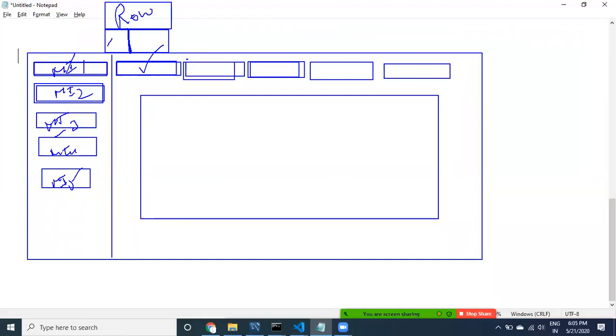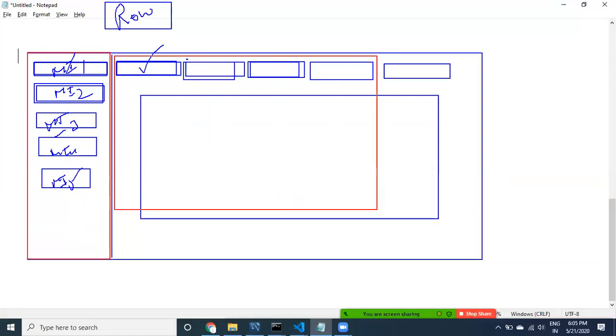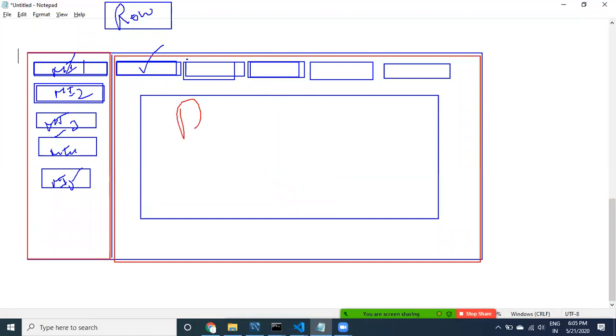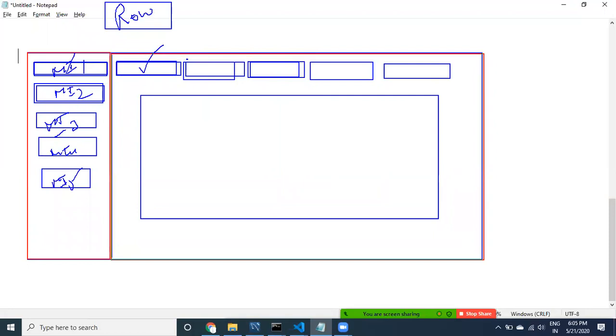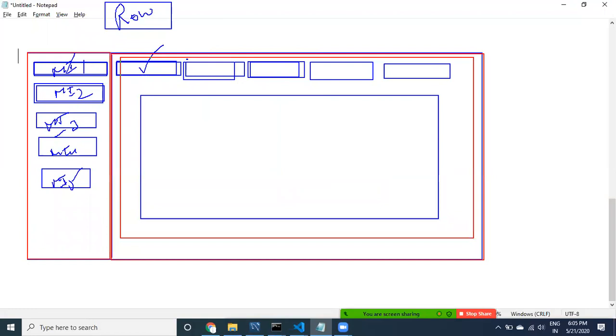left menu, and this is the body. So this can be called as the route. You can take it as a route. Now this is a row. In the wrap item, this is going to be the row. In the row, this is the menu item, and this is going to be the routed part. This right part is the route, and it should be within this one. This route should be available here.